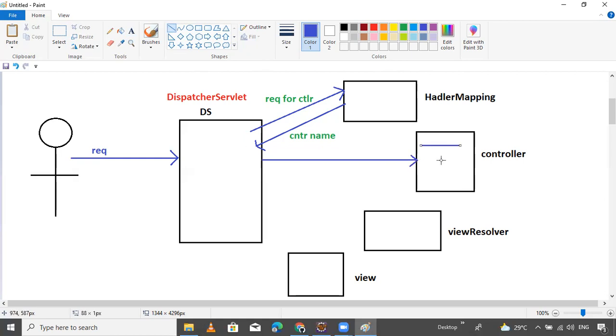This is our controller classes. Some logic is there in the controller classes, like business logic. It's executing the business logic. There are one more things, but right now it's not required, so that's why I'm not telling.